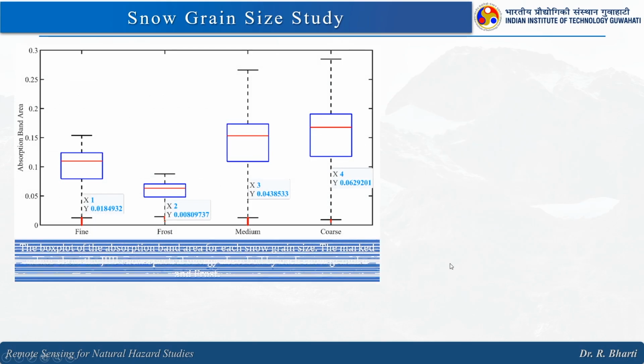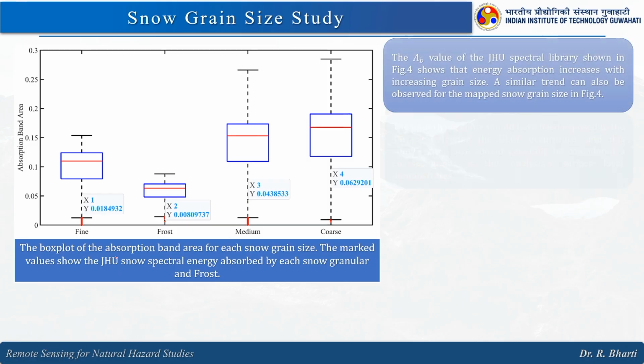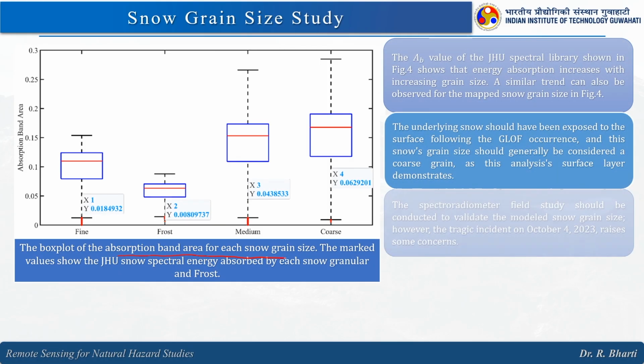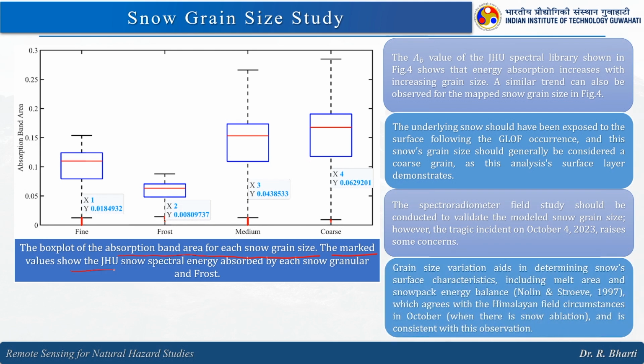Further, we have some box plots which show the absorption band area for each snow grain size. The marked value shows the JHU snow spectral energy absorbed by each snow granular and frost. Here the underlying snow should have been exposed to the surface following the glow-off occurrence, and this grain size should generally be considered as coarse grain, as this analysis of the surface layer demonstrates. I wanted to show you this example of how hyperspectral remote sensing can be used in snow grain size